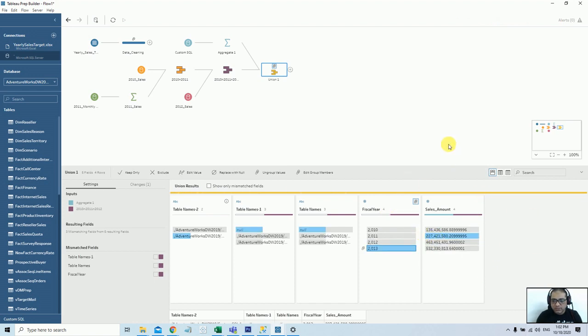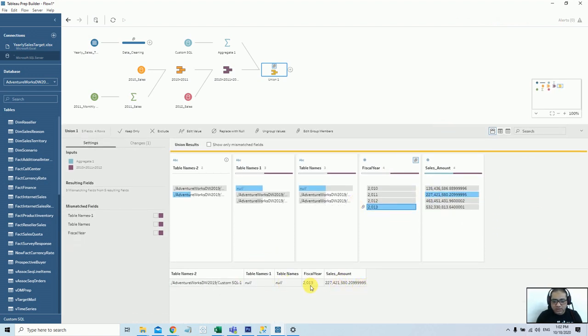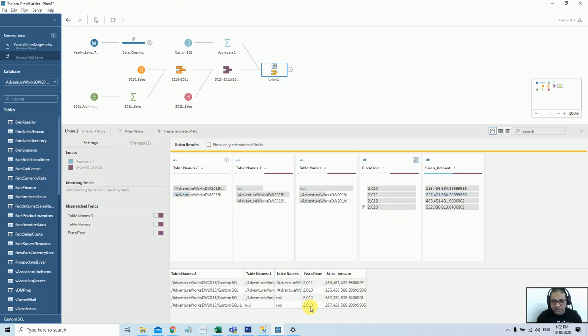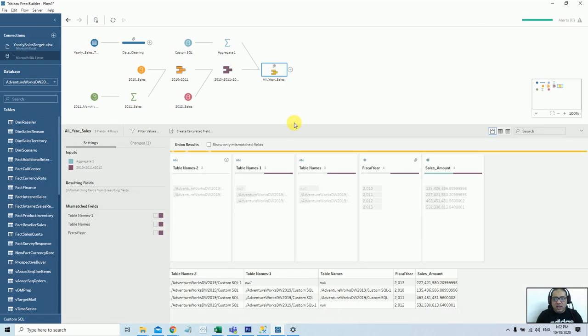And if you see the data down, the output data, it will show this. As soon as you deselect it, you will have all years and its values. So now you can see here, just write it here, rename it here, all year sales. So if you see how quickly Tableau Prep is doing the things for you in a few minutes, you just have all sales which are coming from 4 different connections.